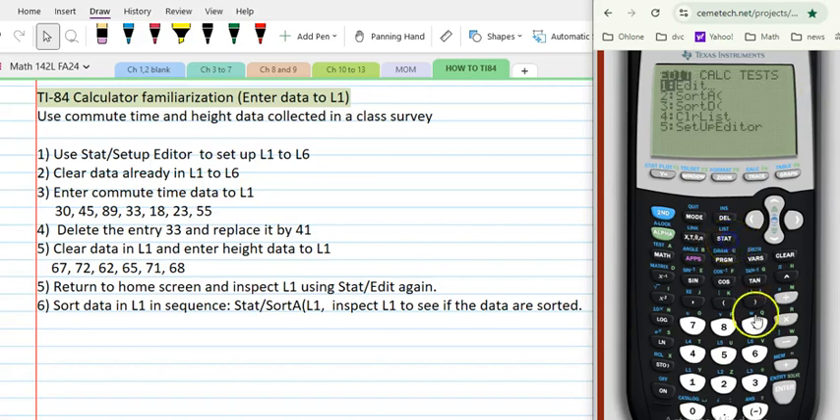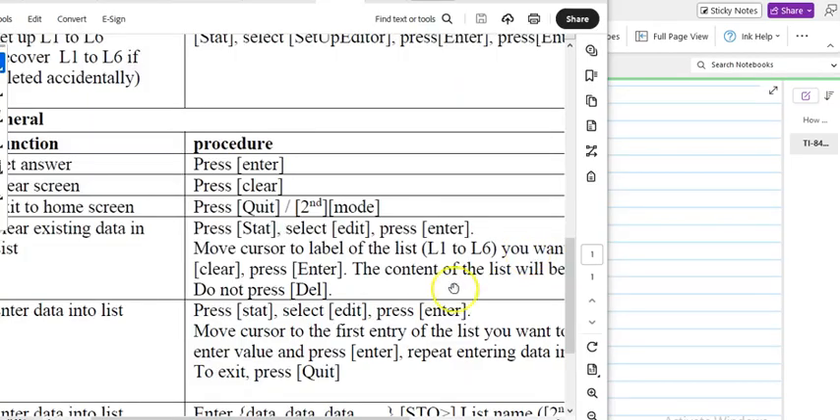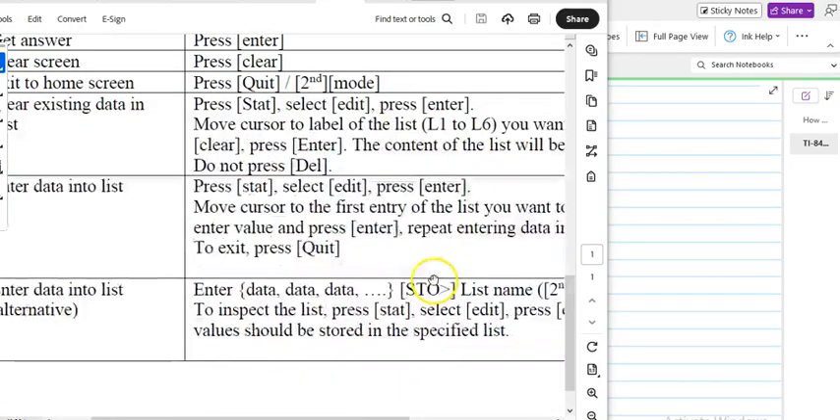So let's go back to stat edit. Press enter. You see that 62 is the first one, 65. They're sorted in order for L1. They will rearrange them in order. So this is how you enter data, clear data, sort data. And if you don't clear it, the data will store there forever. Another thing that I want you to do is, so in this formula, I also said there's another way